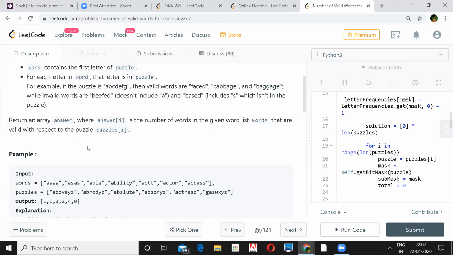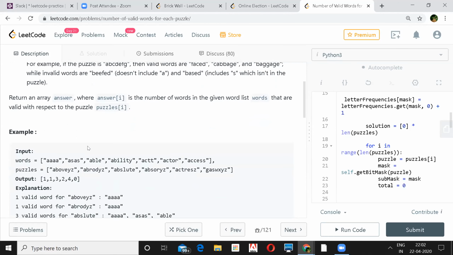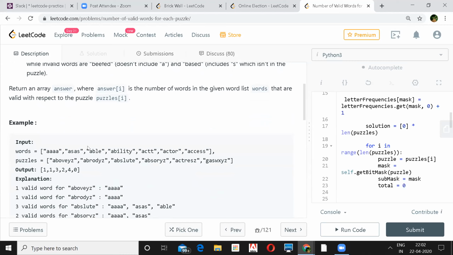Just real quick, what is the advantage of using a bit mask over, let's say, two hash maps, one for the current word and one for the current puzzle, and then doing the set difference between the two? When you're using a set, it's exactly the same thing as bit masking. You will know in O of one time whether the character is present or not. Building the bit mask for each word takes O of W, right? Okay, so same as the hash set then.